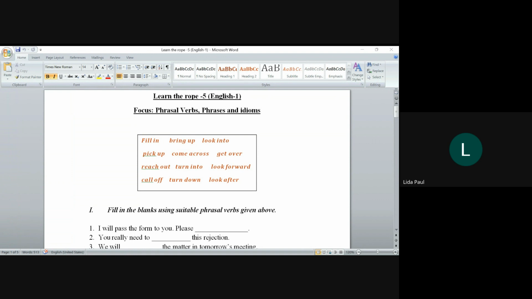You can take any example that you see on the screen or the one that you're familiar with. Like I think in the lecture you have an example which is come across, right? Which is also there on the list on the screen here. So come across, when you use it in a sentence, do you use it as a verb or does it act as something else? It's certainly a verb, right? Which is why the name phrasal verb.